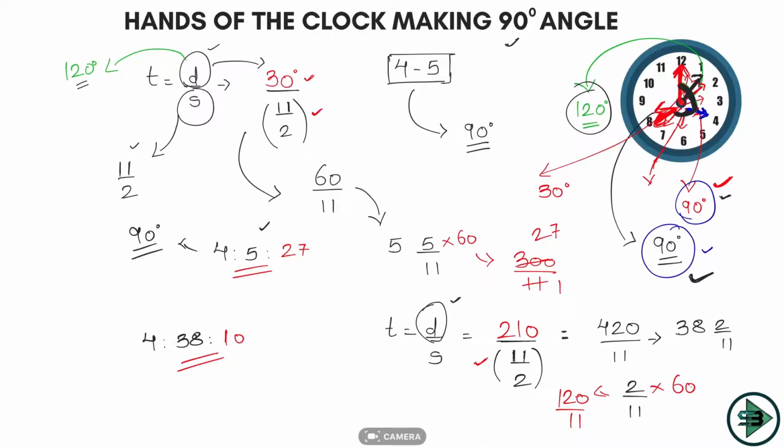So all that you have to understand here is what is the distance traveled by the minute hand, because the speed always remains the same. For coincide 120, for first 90 it traveled only 30, such that the remaining angle is 90, and for the second 90 it has to first overlap and then take more angle of 90, so it traveled 210. If it travels always with the speed of 5.5 degrees, how much time will be required to travel this much distance? That's how you always think and reach the right answer. So make sure you know this logic, because we'll be applying this logic in a few more problems.